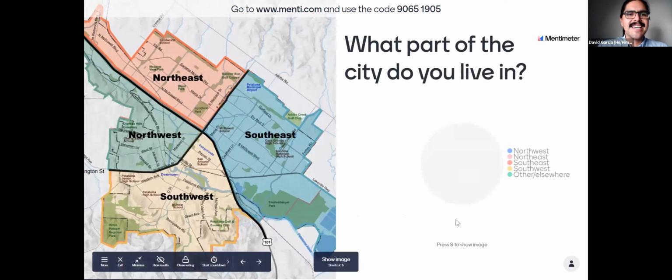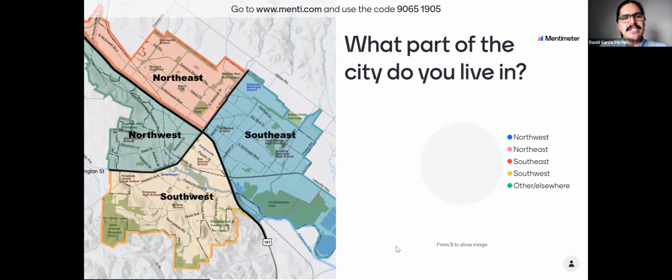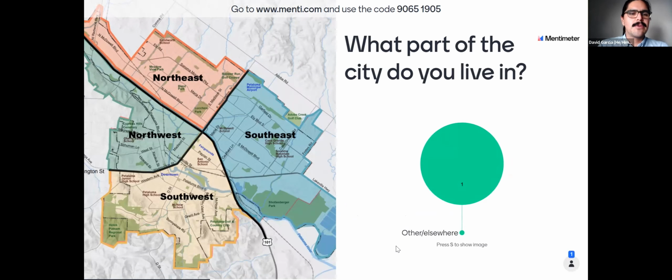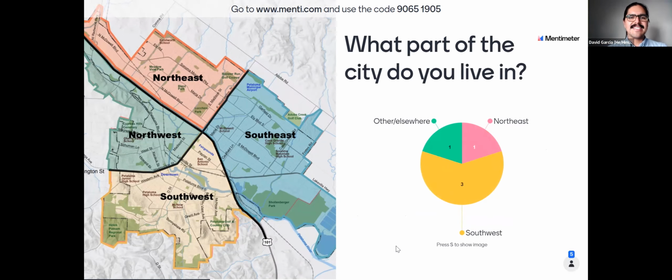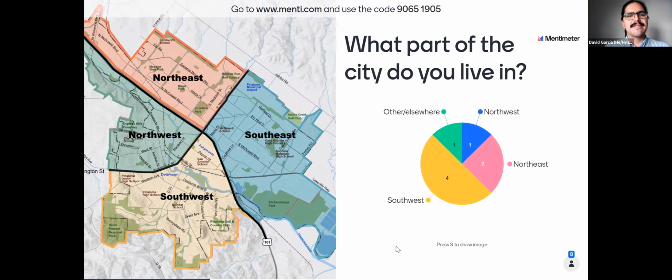Thank you so much. Great, so this is a question to get a sense of who is represented, what parts of the city. So we have this divided into these 4 quadrants. So if you can take a moment and let us know what part of the city you're living in right now or think represents you.